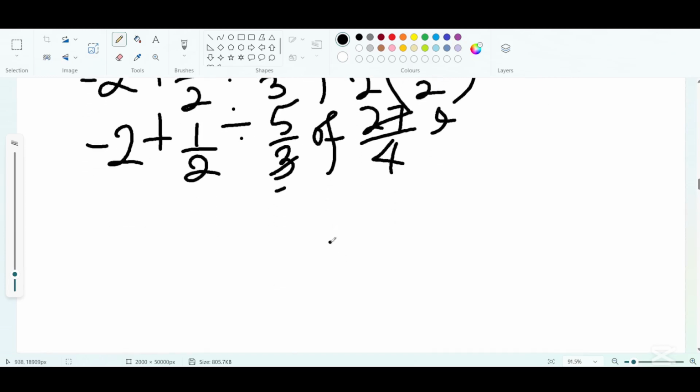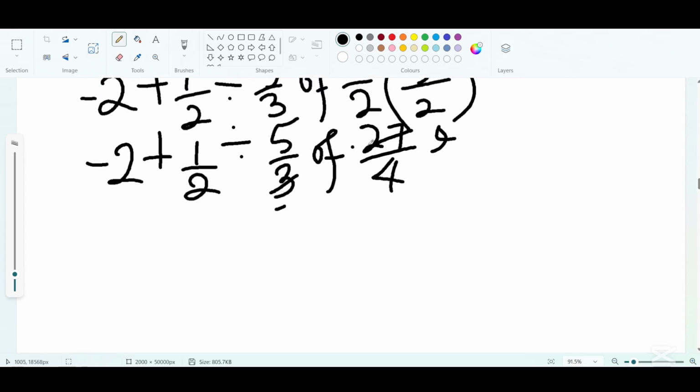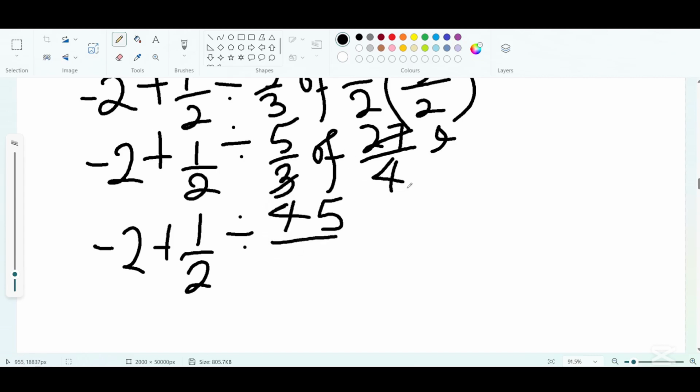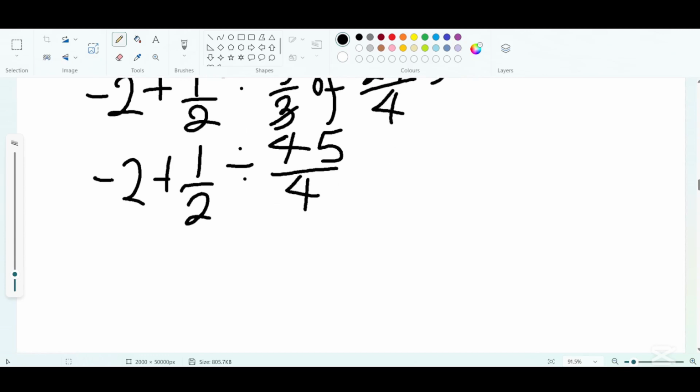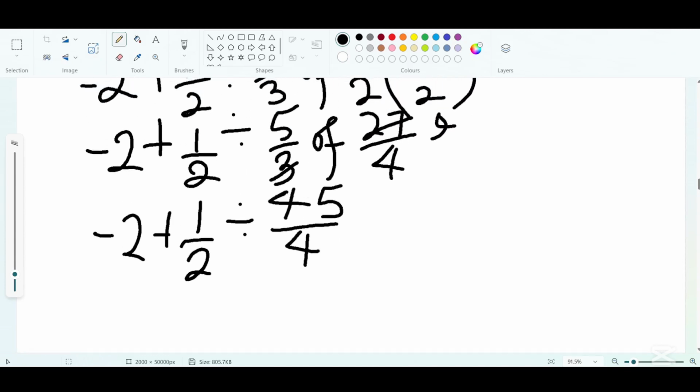So within this expression, between this and this, it's now going to be minus 2 plus 1 all over 2 divided by 5 of 9. That means 5 times 9, which is 45. Then 1 times 4, that's going to be 4. So now that we have resolved the "of", the next thing we want to do is to go to